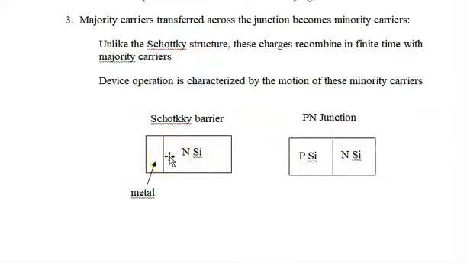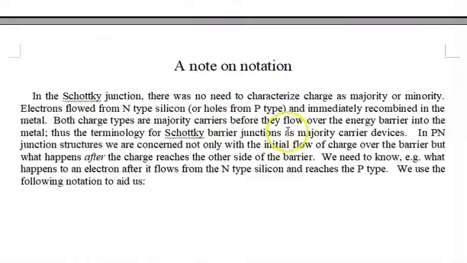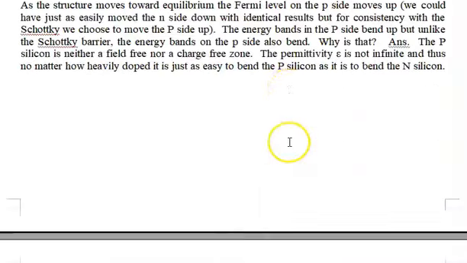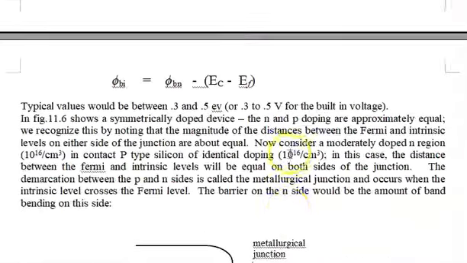That's why we say the Schottky barriers are good at very high frequencies, and the p-n junctions are not so good at very high frequency. Here, the primary mechanism, or the only mechanism really, is drift current. Here, the only mechanism is diffusion current, and the diffusion current occurs for electrons on the p side, and diffusion current occurs for holes on the n side. Okay, so I suggested that, and we'll go back here.